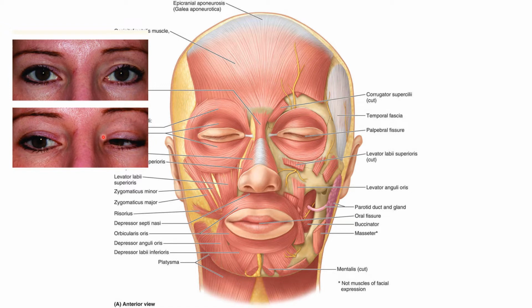And if this muscle becomes paralyzed, if some of these muscles become paralyzed, this is what is seen: the drooping of the eyelid, which we were talking about in the thorax. So how does it happen? We'll see out here. Then there are these muscles which are present around the nasal cavity, whose main function is